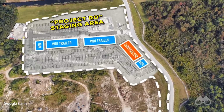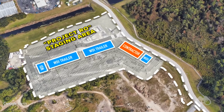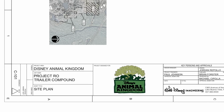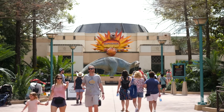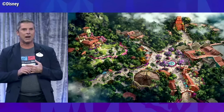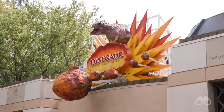As of today, Disney's newly filed permits were discovered detailing a major new staging area they are constructing backstage at Disney's Animal Kingdom as part of the project codenamed Project RO, which I strongly suspect refers to the overhaul coming to Dinoland USA. The long-teased project, which as of last year's Destination D23 teaser, consisted of retheming the Dinosaur dark ride